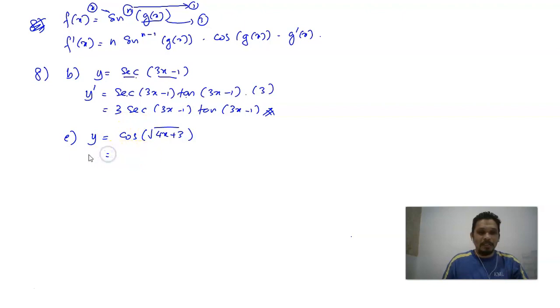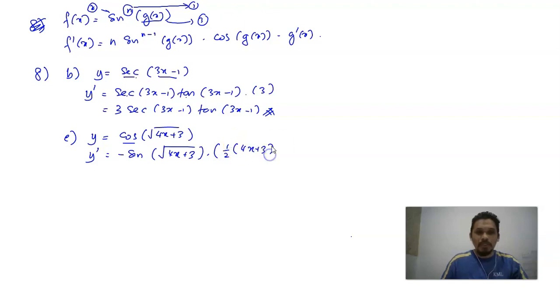So y prime equals, differentiate cos, it gives you negative sine square root of 4x plus 3. We derive the cos first and it gives you negative sine. Now derive the square root of 4x plus 3. Just imagine that 4x plus 3 is (4x plus 3) to the power of half, then it comes out with 1 over 2,